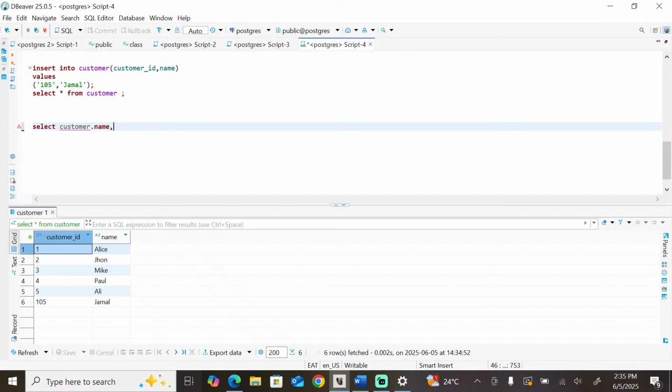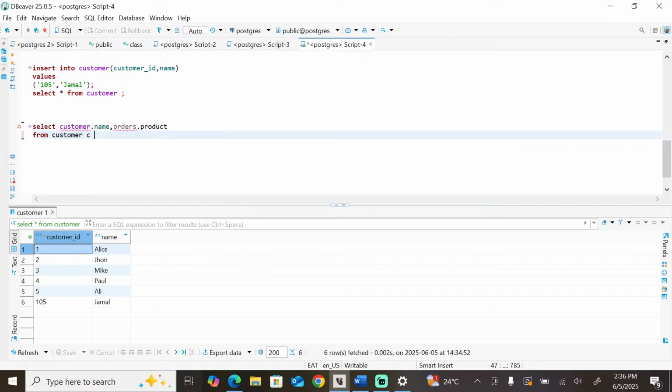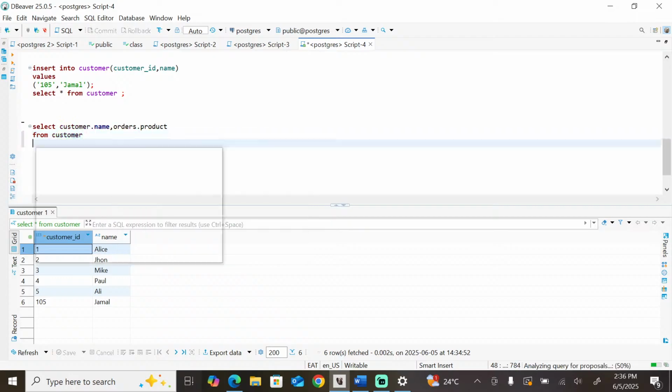Comma, then a column named orders.product. Let's look for the orders.product, from customers. Don't worry, I will explain this syntax. Inner join, so that is the first one you can use. Inner join orders